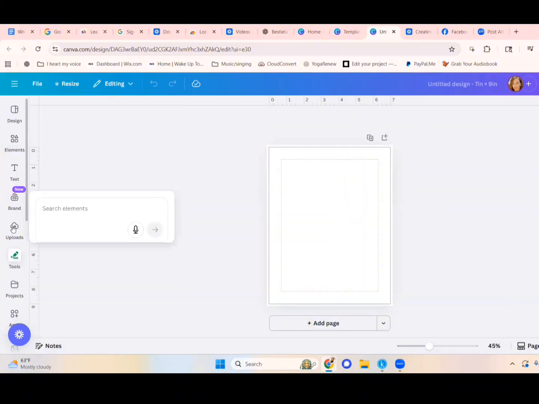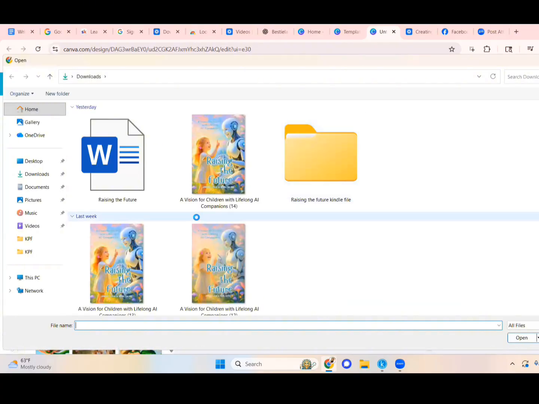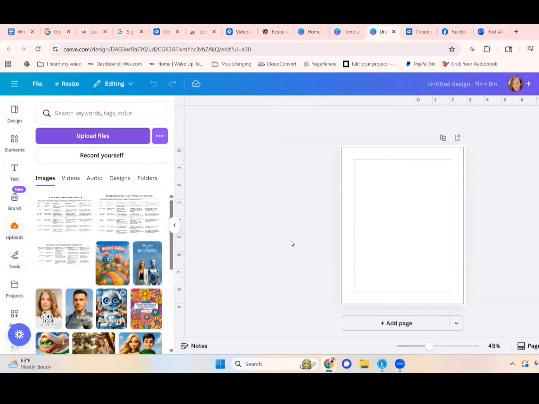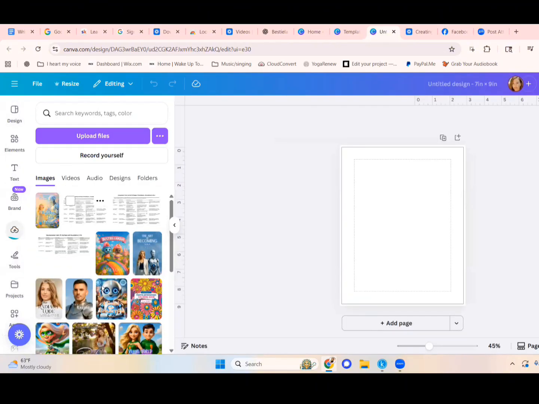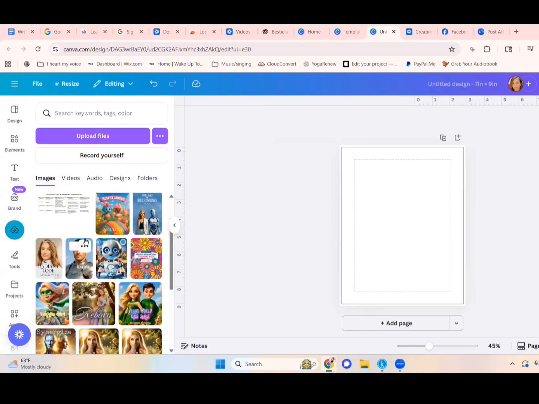Then you go to upload file, and then you can upload whatever. Let's say I'll put this one, right? Click on it and hit open and it's going to pop up in here. So now I have it in my library. Click on this and it'll go in here, but I'm not going to use that. We're going to do Bestie Landia.